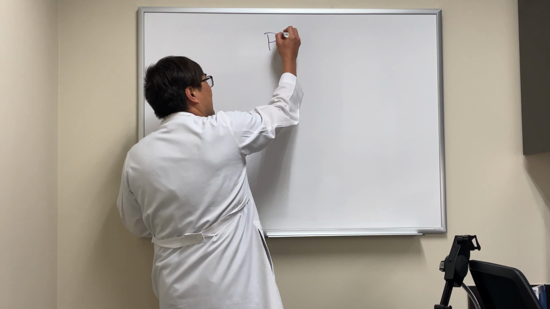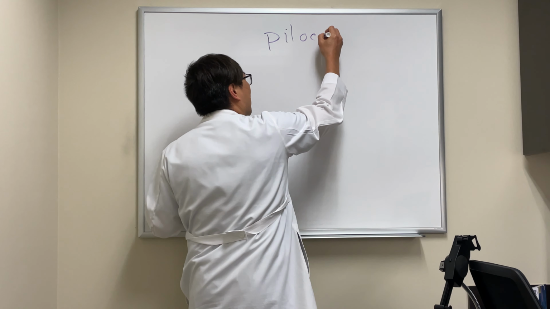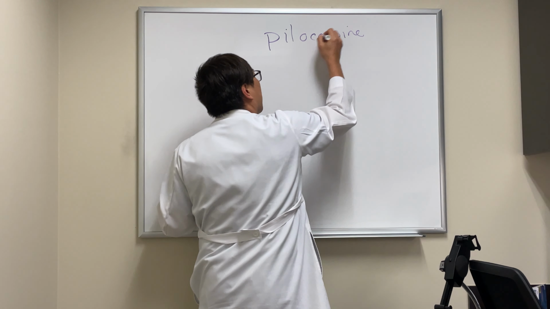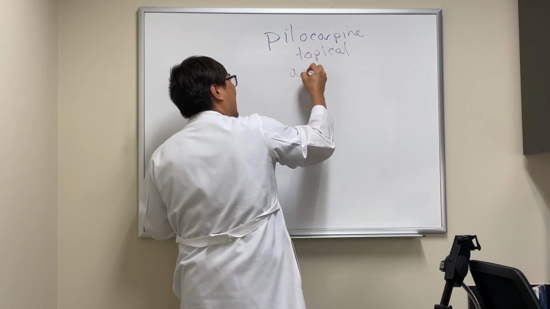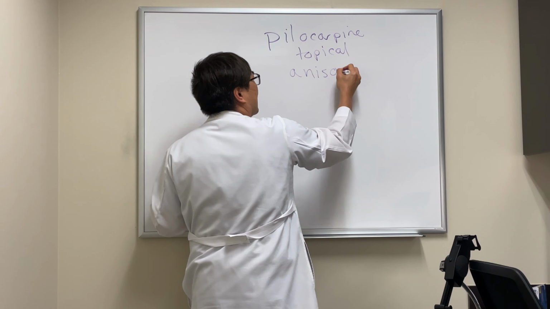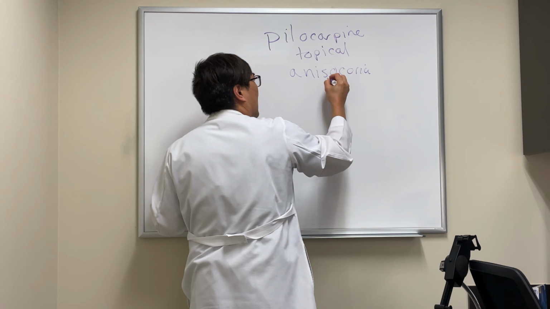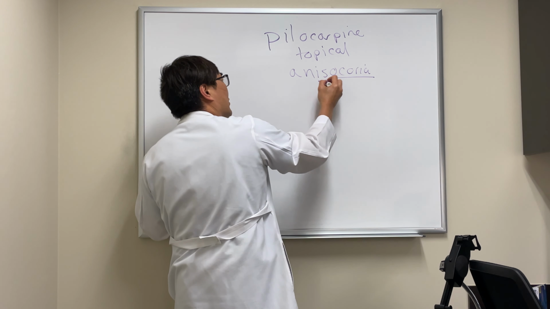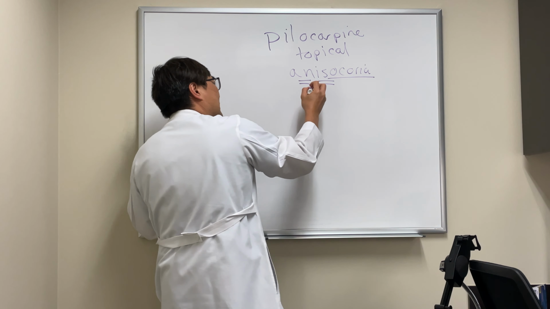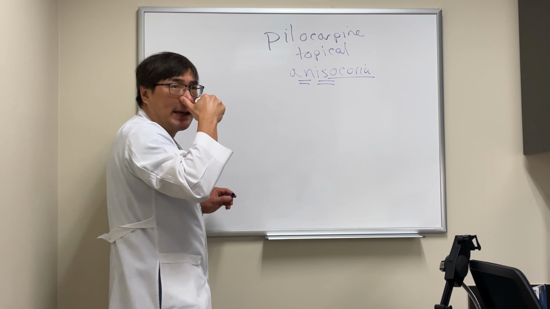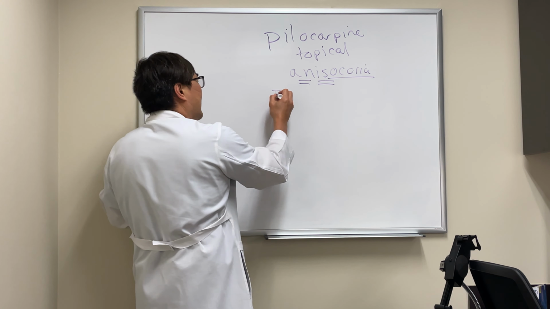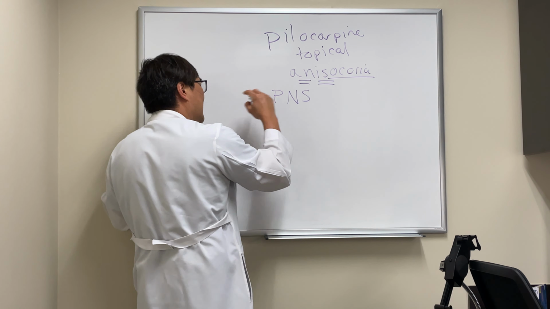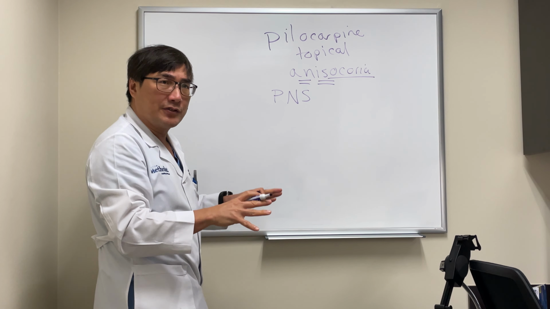So today I want to talk to you about how we use pilocarpine topically in the neuro-ophthalmology clinic to help us with patients who have anisocoria. Anisocoria means pupil, iso means same, and an means not. So not same pupil, anisocoria. And pilocarpine is testing the integrity of the parasympathetic nervous system, not the sympathetic nervous system, which would be the